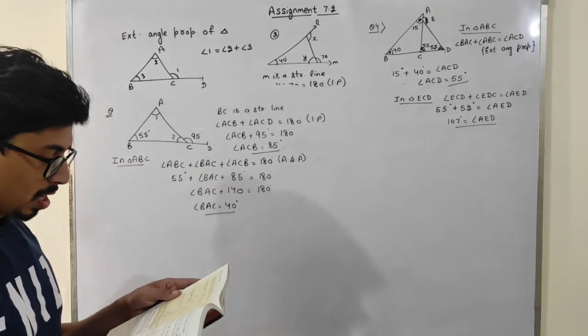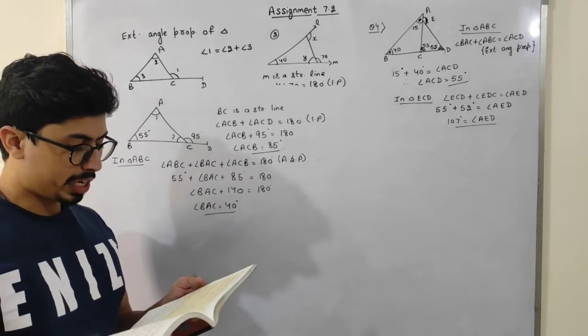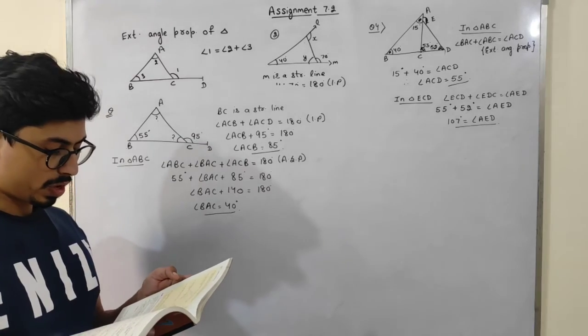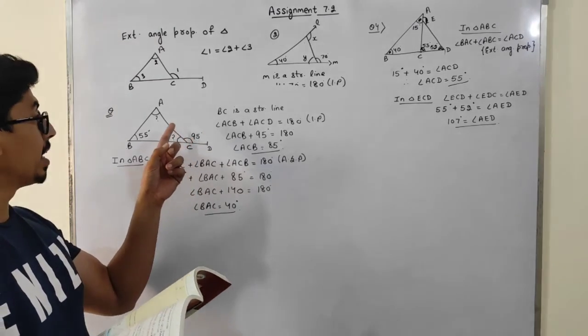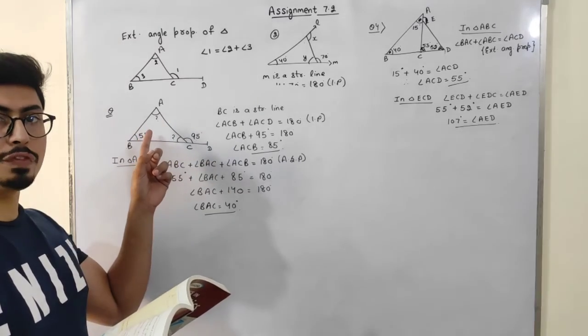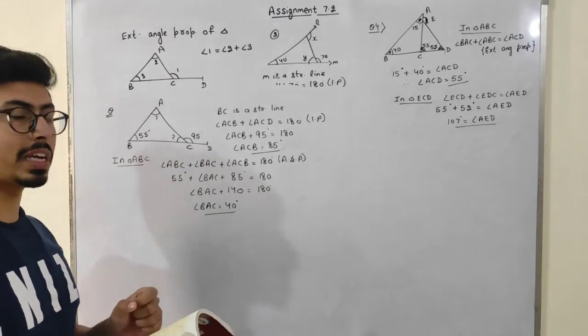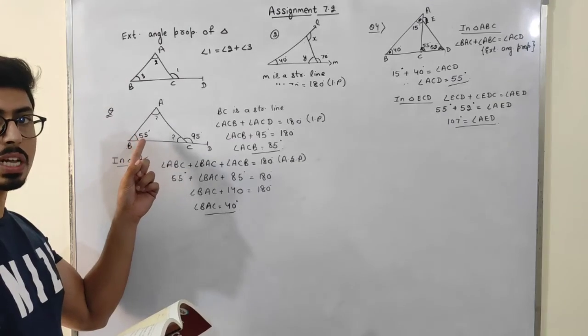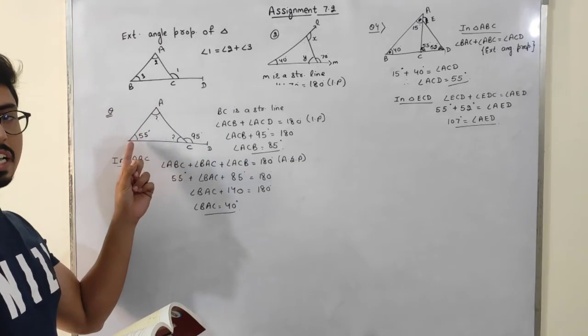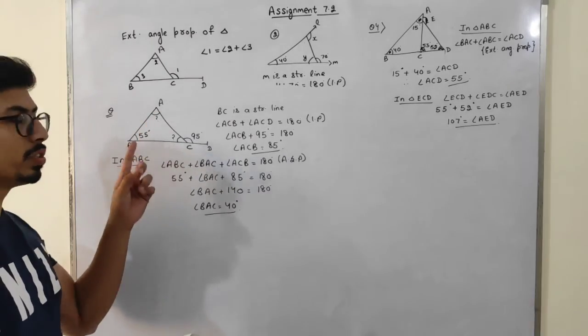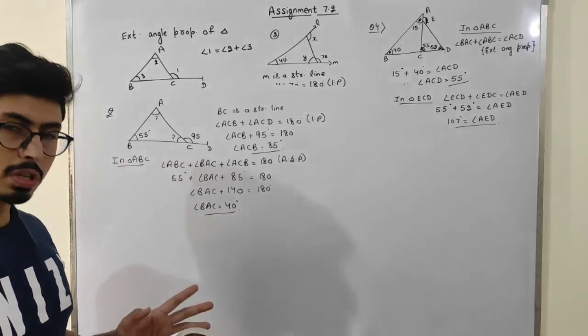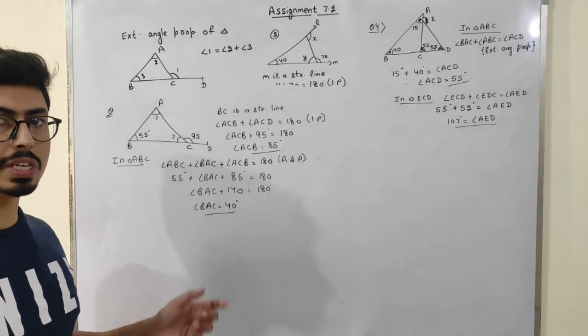Okay. Now see students, question number 7. The exterior angle is 80 degree and the opposite interior angles are in ratio 5:3. So do one thing students, if these two angles are in 5:3, just take them as 5x and 3x and you can find out the value of x. Hence you can find out these two angles. So this question is also the same as question number 6.